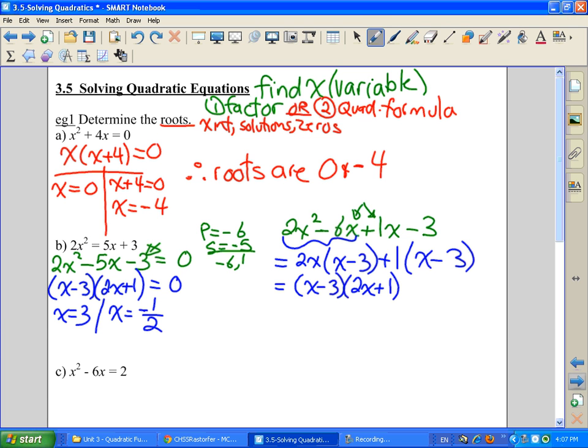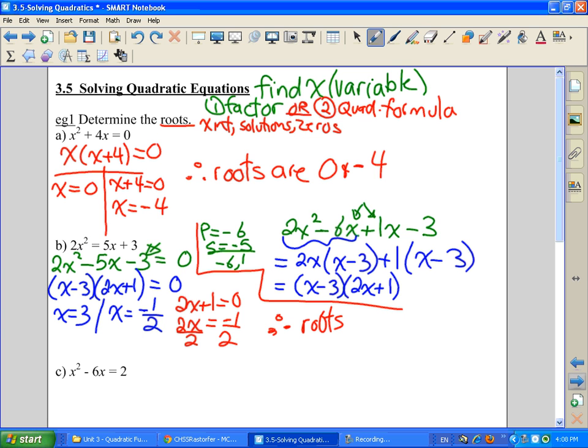Okay, again, if you need to show that work, I'll show you on the side. Remember, 2x plus 1 equals 0. 2x equals negative 1. Divide both sides by 2. So therefore, I just make that our margin there. Therefore, our roots are